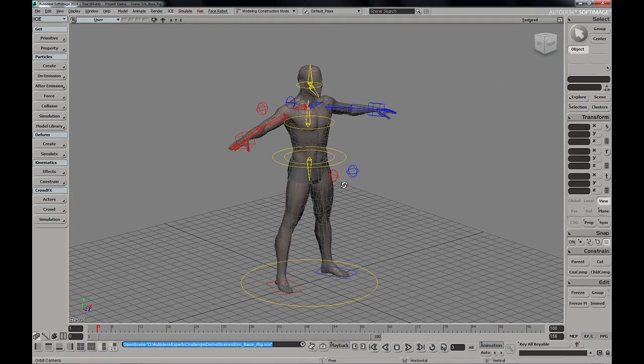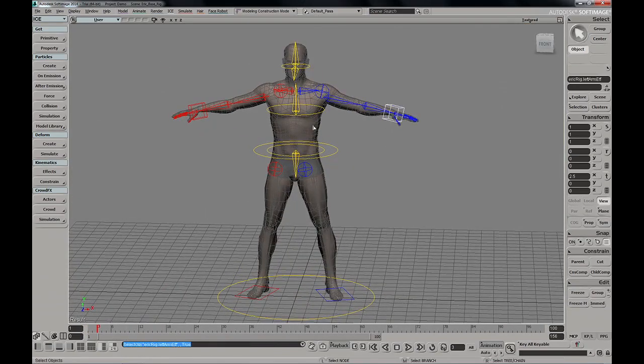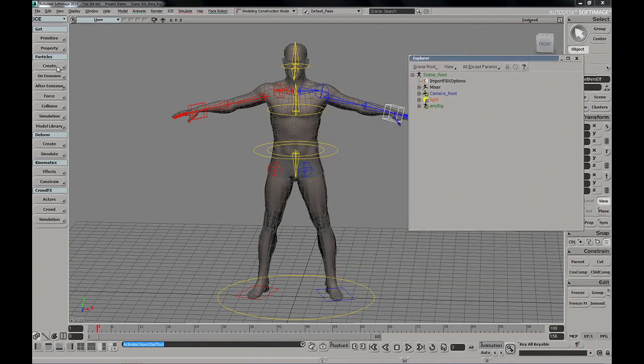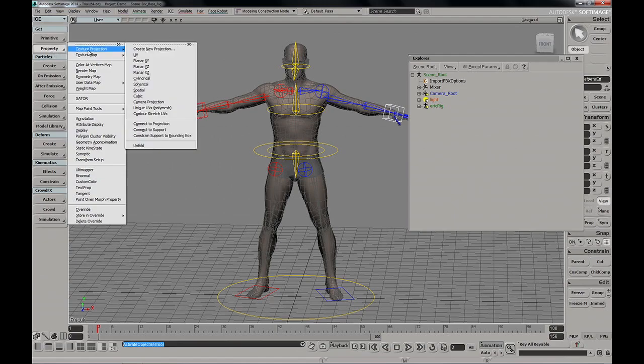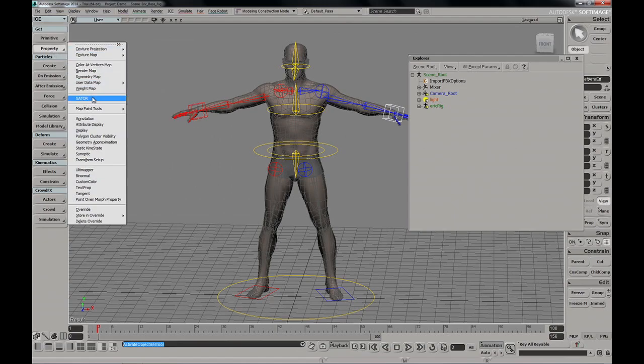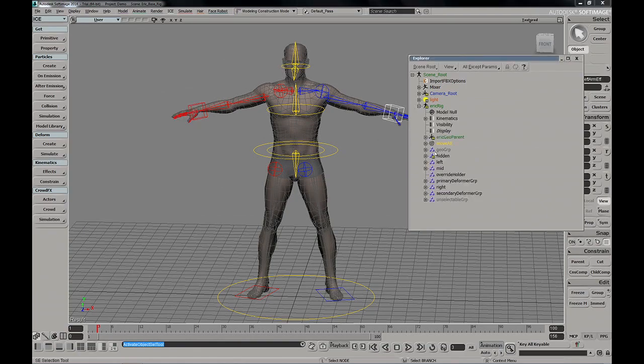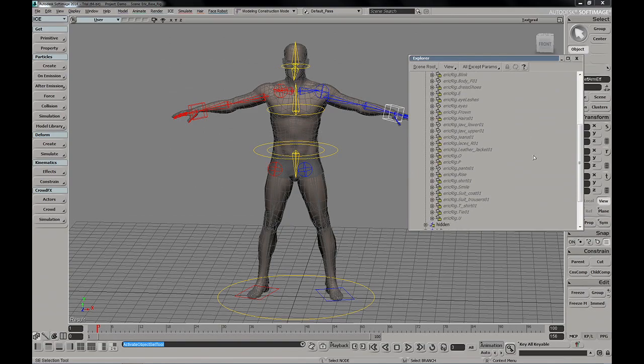And the idea behind this is if you can weight your low-res character or you can weight up your body mesh, I'm just using a simple IK system here, you can pull the weights right off of this character using Gator, which is found as a property. It's an old tool. Most of the power Softimage users or regular Softimage users would know about this, generalized attribute transfer operator. If I take a look inside of the rig and I dive into his geometry group, let's see,